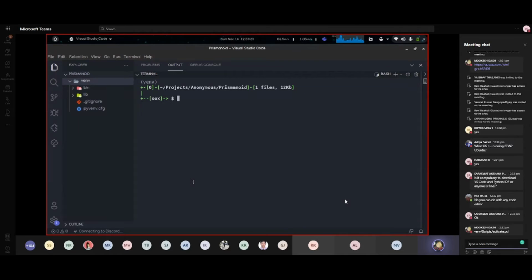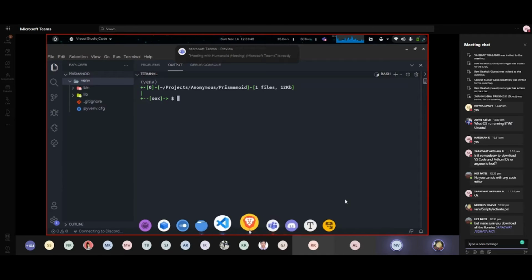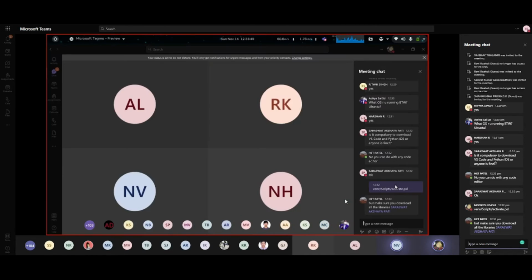There you go. Our virtual environment is up and running. And now that the virtual environment is up and running, let's download the necessary dependencies. We will need two dependencies, OS and CV2. OS is a module that provides functionalities to interact with your operating system, like deleting files, installing files, and others. It comes pre-installed with Python, so you don't need to download it again.